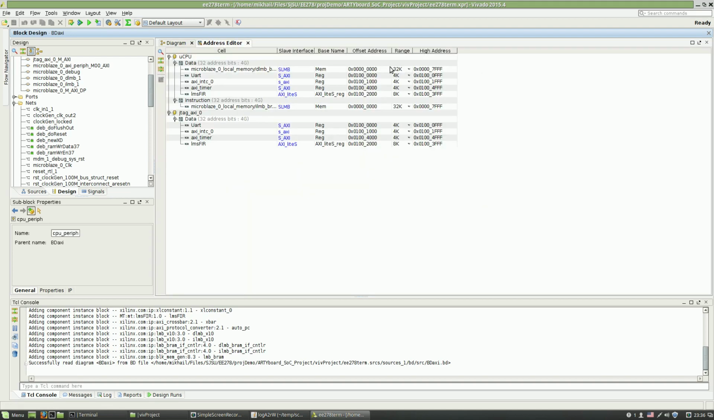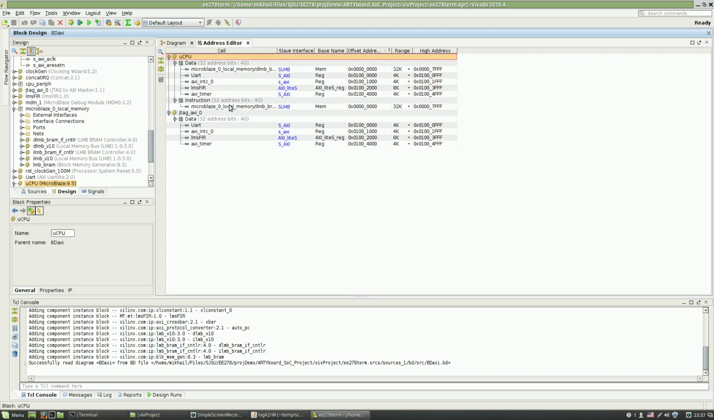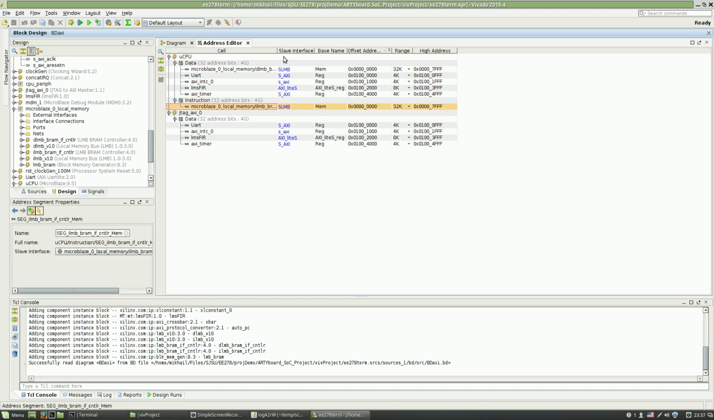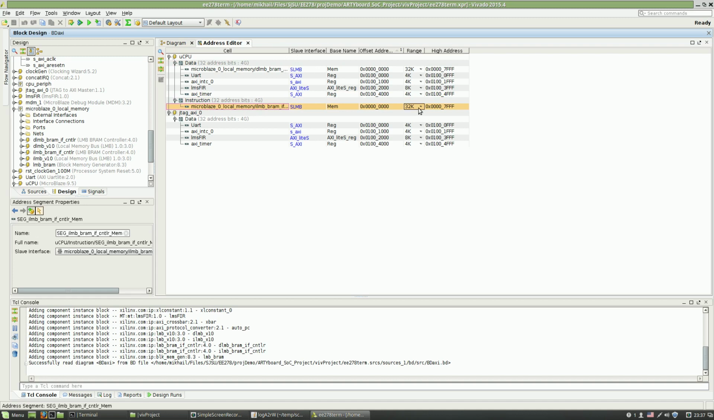Now the memory map. Let's sort by the address. This is the CPU portion. This is the JTAG master. As you can see, the CPU has 2 ports, or more like 2 categories: the instruction group and the data group. Instruction has only the local memory mapped to it. This is 32 kilobytes, which contains the program code and the program memory in the same group of block